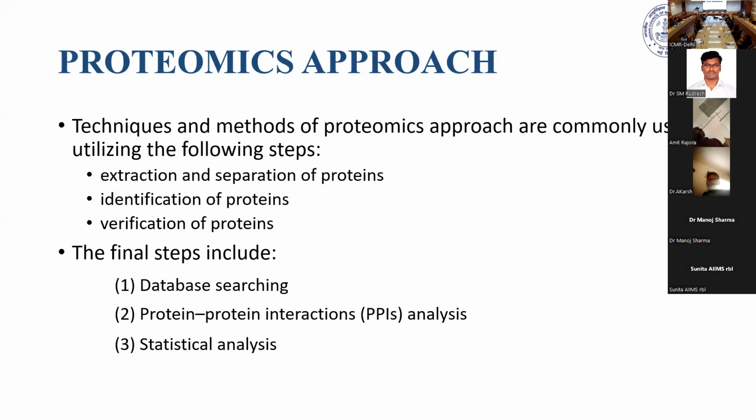Typically, when you're doing this identification of proteins from extraction, you're using mass spectrometry. So in that case, you have to do a lot of database search. You have to do the protein-protein interaction studies. Finally, you have to do the statistical analysis. So again, your hypothesis will decide which technique you are going to use from this whole gamut